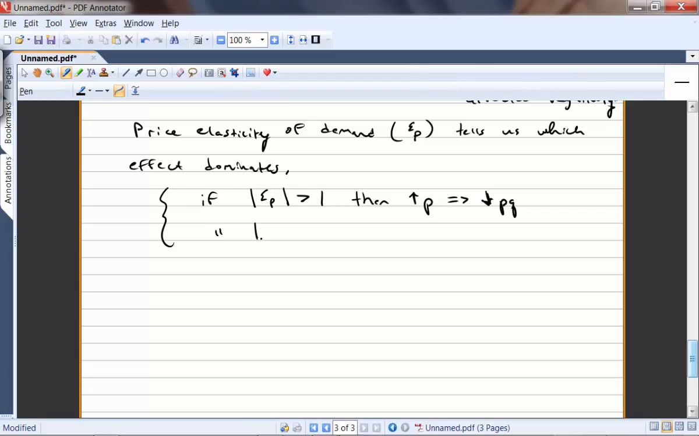However, if the price elasticity of demand for a good is less than 1, so the quantity demanded for a good is relatively inelastic, then whenever you increase the price of that good, the price effect will dominate the quantity demanded effect, and revenue will go up. So this is important. And then finally,